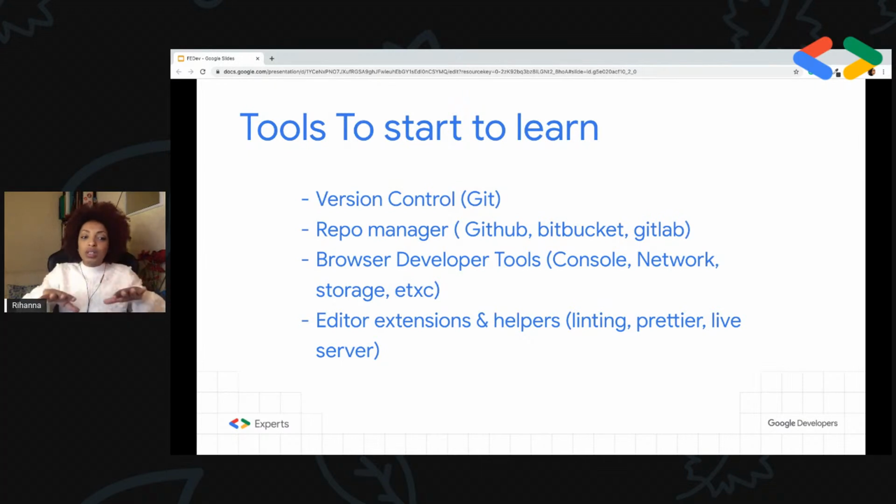One thing that is really important while developing is knowing the browser developer tools. Browsers have their own developer tools. If you have already been developing for the web, you probably know. Chrome has its own DevTools, and the other browsers also. It's important to know how to debug using these developer tools, to be able to see the performance portions, or to analyze your project inside the dev tools of the browser.